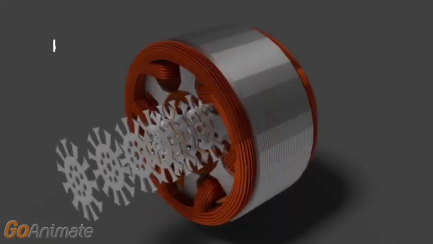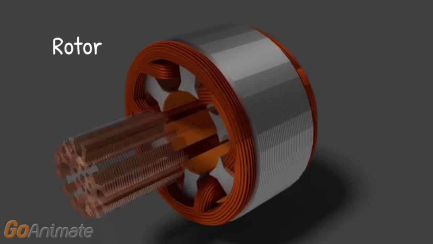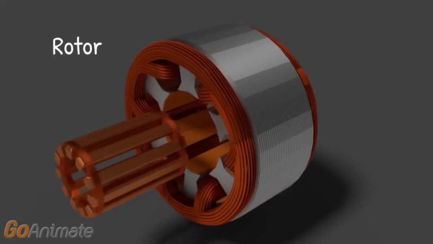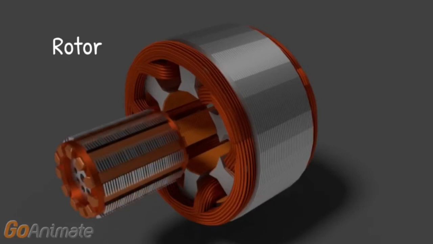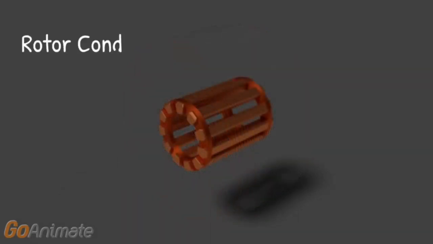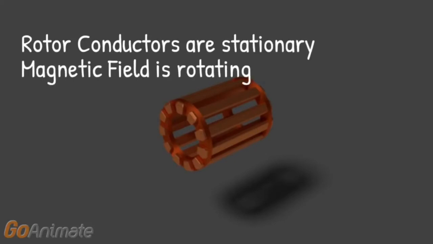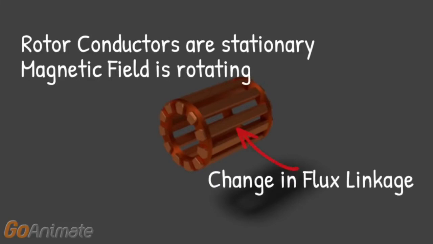The second major part of three-phase induction motor is the rotor. Rotor consists of a cylindrical laminated core with parallel slots. Conductors are made of heavy copper or aluminium bar. They are short-circuited by an end ring which fits in each slot. Initially, when the rotor is standstill, the flux of the rotating magnetic field cuts every solid conductor. As the rotor conductors are stationary and the stator field is rotating, there will be a change in flux. As a result, there will be an induced current in the rotor conductor as per Faraday's law of electromagnetic induction.